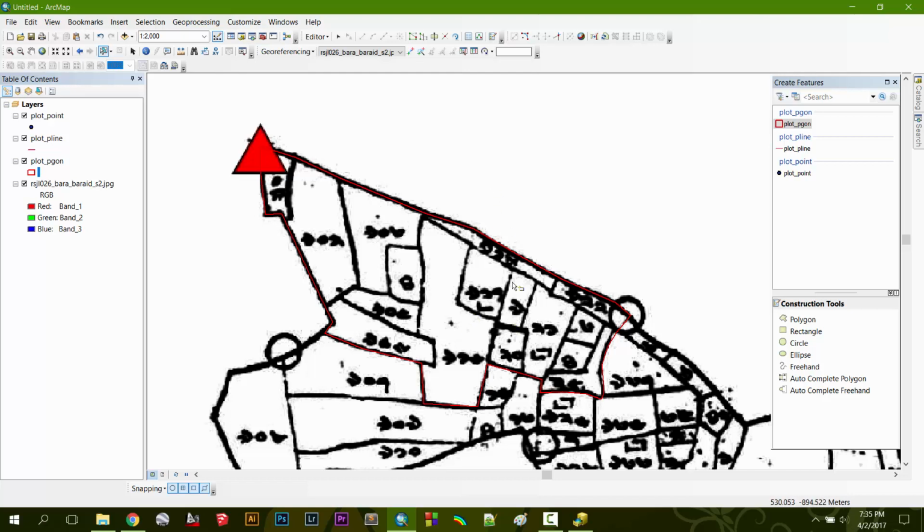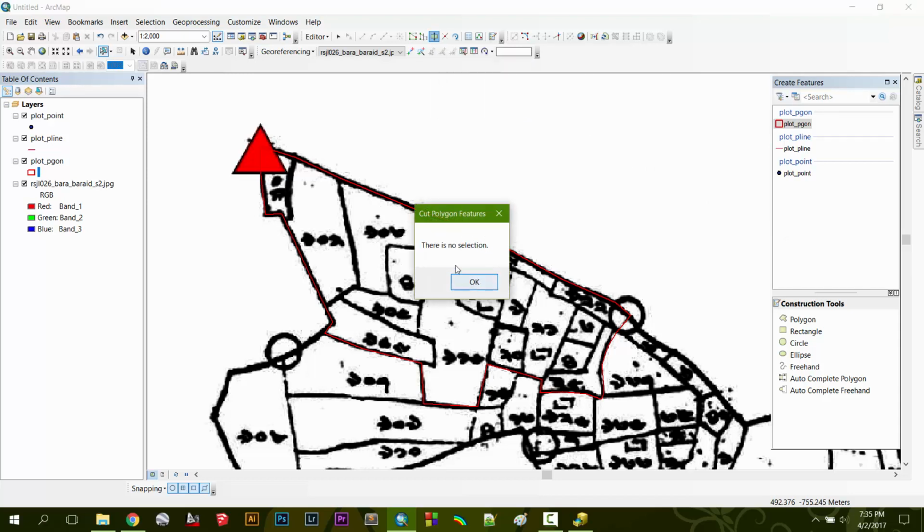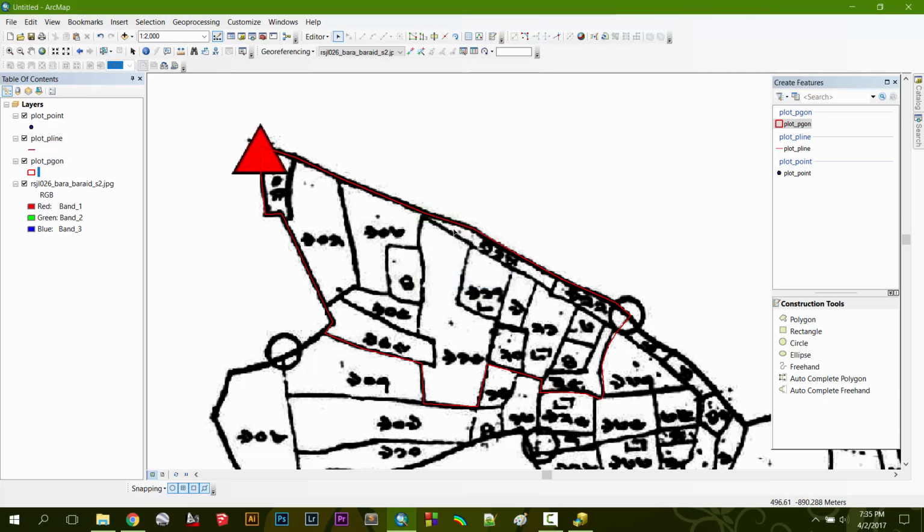Now you can see we have dedicated a gross boundary. The inner small parcels are not divided. Now you can do this in many ways. There is a tool in here which is the cut polygon tool. It is showing there is no selection because I have not selected anything. To select this polygon again, go in here, you can see the select feature tool, click on it, then click on the polygon, then again press the cut polygon tool, and then